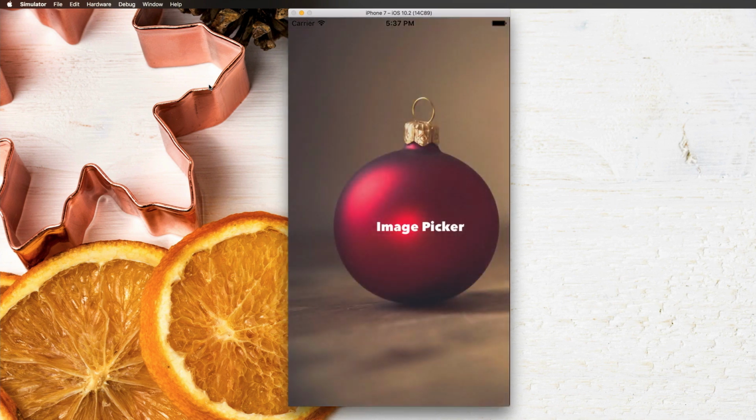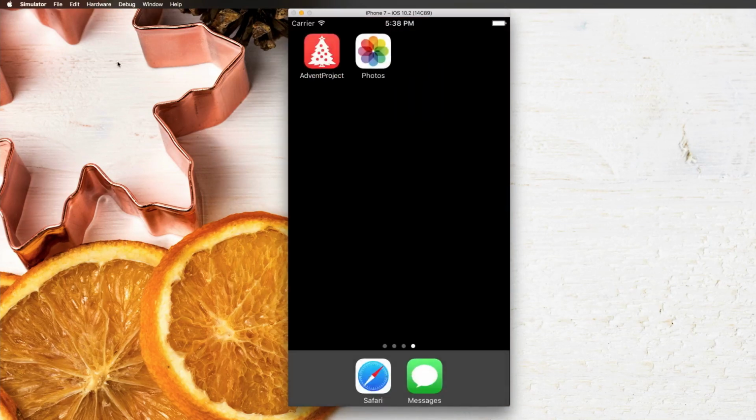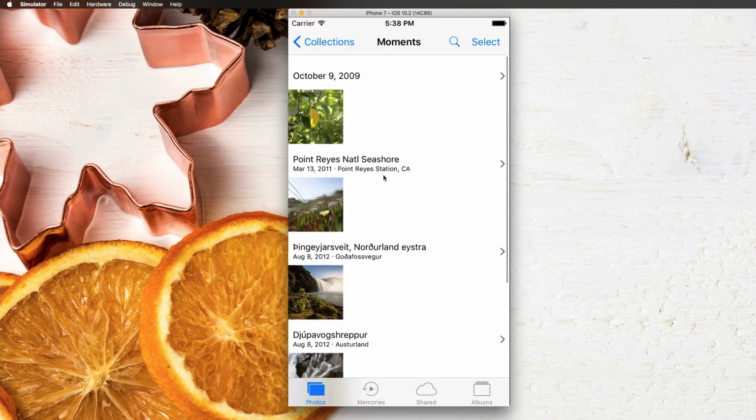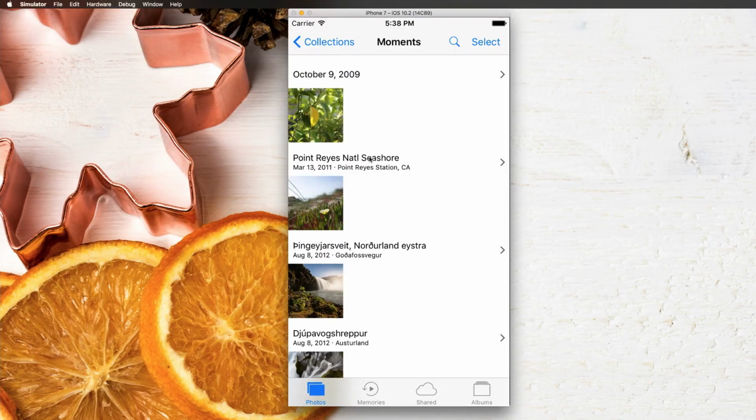Today we're going to talk about UIImagePickerController, which is a really cool iOS component that you can only create in code, but it helps you to pick images from your users, either from the photo library or directly from the camera. And we're using the photo library today, so if you have a look at the simulator, you will find a number of demo images already added by Apple so that we can use them easily in code